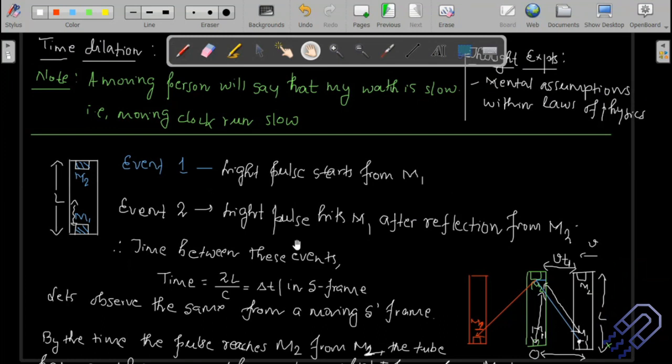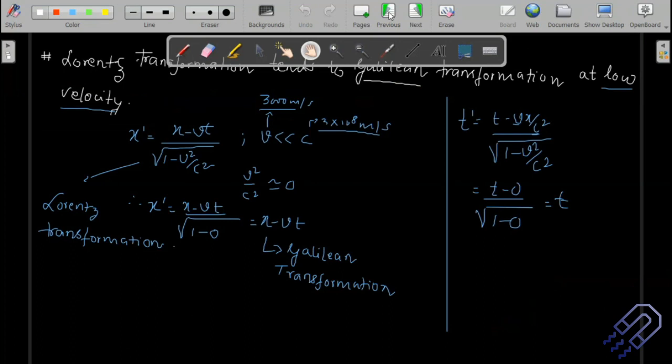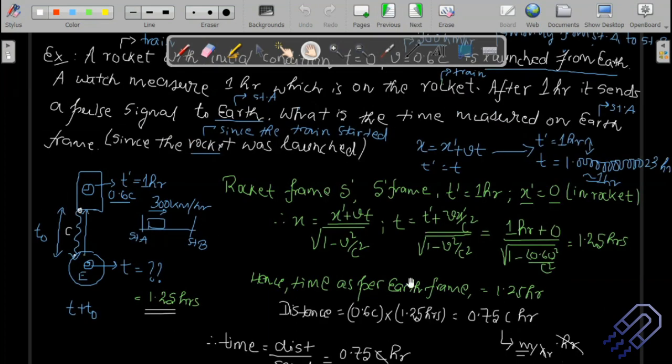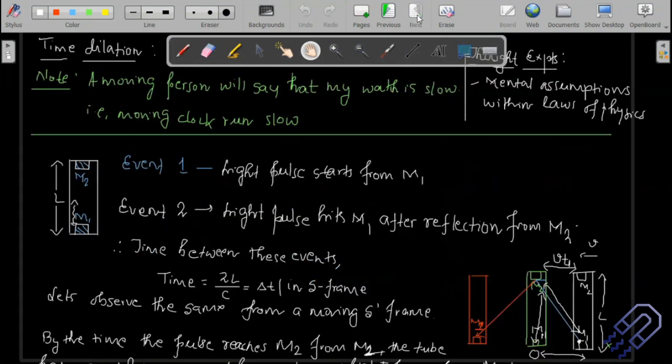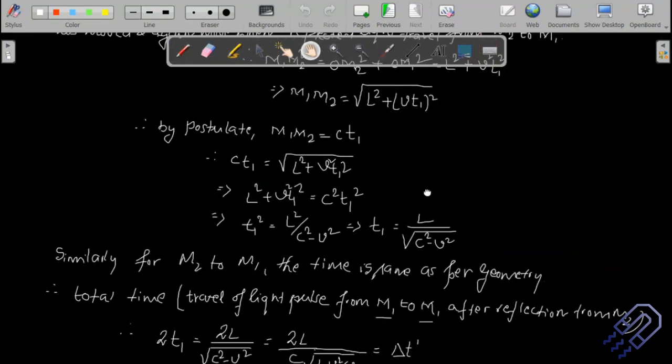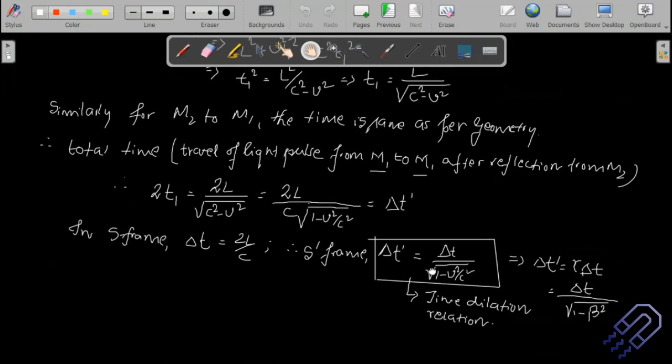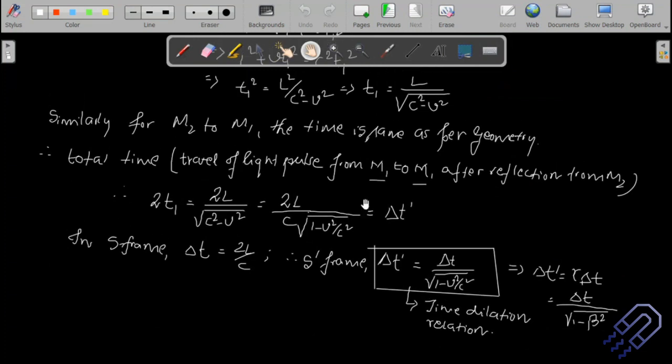Okay, so this is again important. This is time dilation, and if we look into the problem that we derived in the last class, if you recall, that particular problem can also be solved using this time dilation relation, but I'll leave it to you. You can try it, but I'm going to do some problems today if you get time, so that you understand a bit of it using some numerical problems.